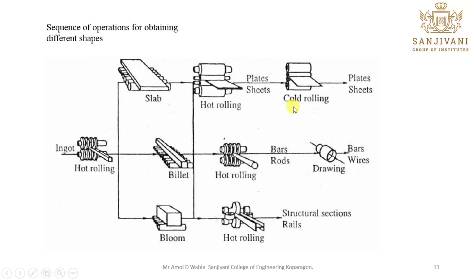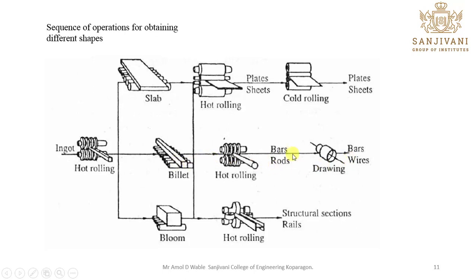In billet, a square bar will be used. Even this kind of square bar you might have seen has been used for window protection or the window frame in our house. You can make those round shapes into a circular one as well, and further you can go for a drawing process. The electric wire which we have seen on the pole which passes the current is made by the wire drawing process, that we'll see in a further slide.